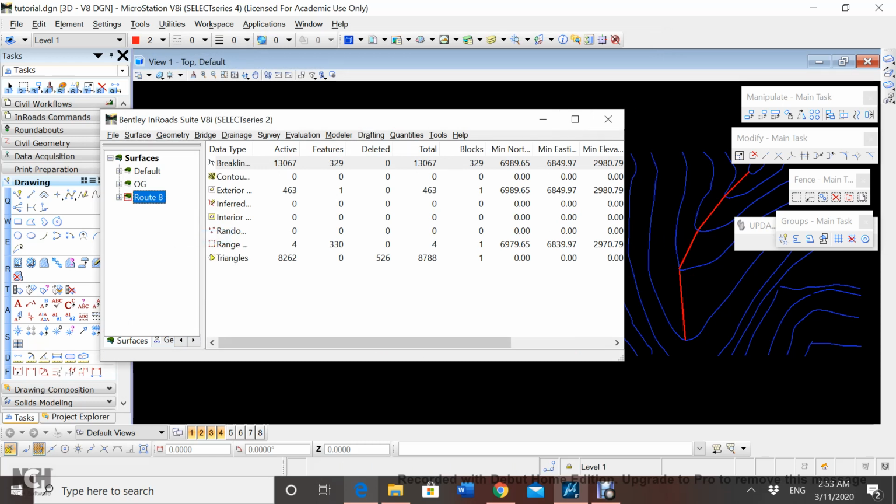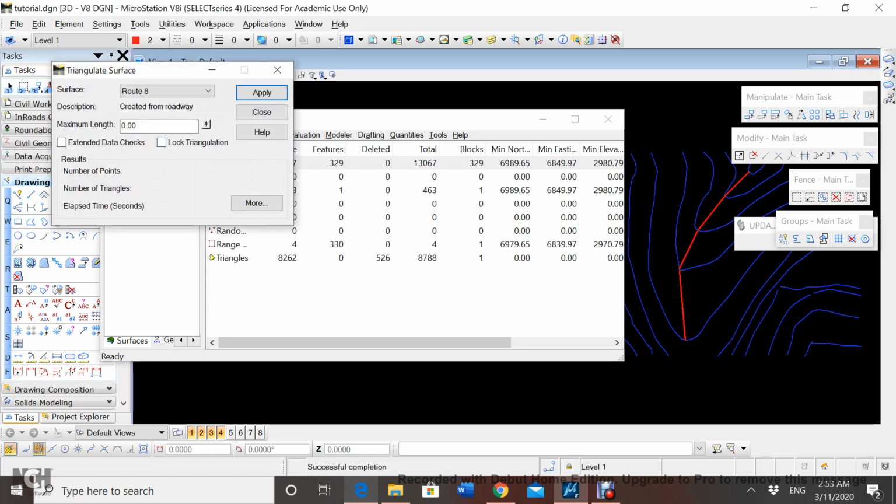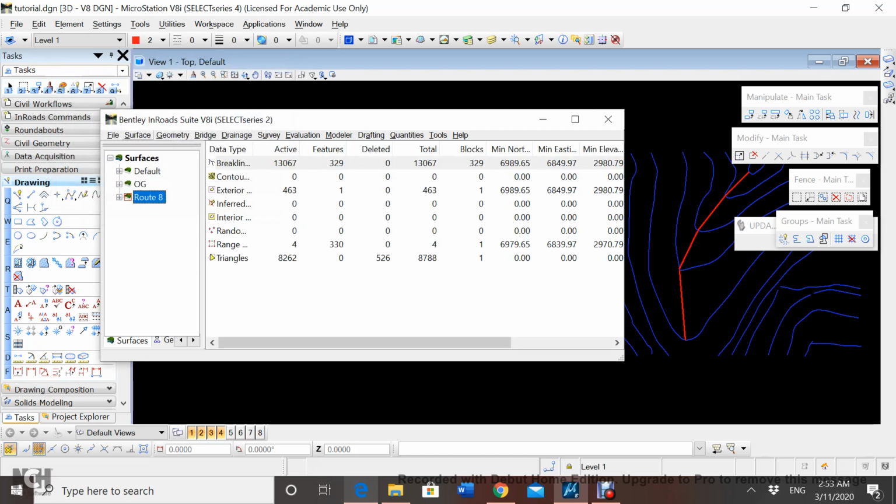So now that we have our surface and everything is good, all we have to do is tell the program to actually show the surface. It says in your tutorial that you just click on it and then do the triangulate thing. It doesn't work, so what you have to do is actually go to the surface tab and then Triangulate Surface, and then your maximum length should be 500. You're going to apply that, close it, you're going to get the number of points in here. Once you get these, you're going to close it, and then now you have the surface as you want it,